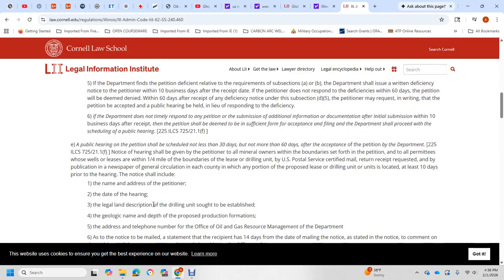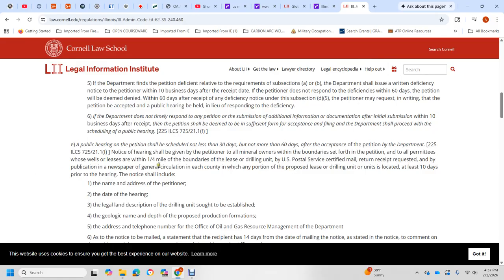The public hearing on the petition shall be held not less than 30 days and no more than 60 days after acceptance of the petition by the department. Notice of the hearing shall be given to the mineral owners within the boundary set forth in the petition, over the permitted well, of the lease within a quarter mile of the boundary of the drilling unit, by U.S. Postal Service certified mail, return receipt requested, and by publication in a newspaper of general circulation in each county with any portion of the proposed lease or drilling unit located, at least 10 days prior to